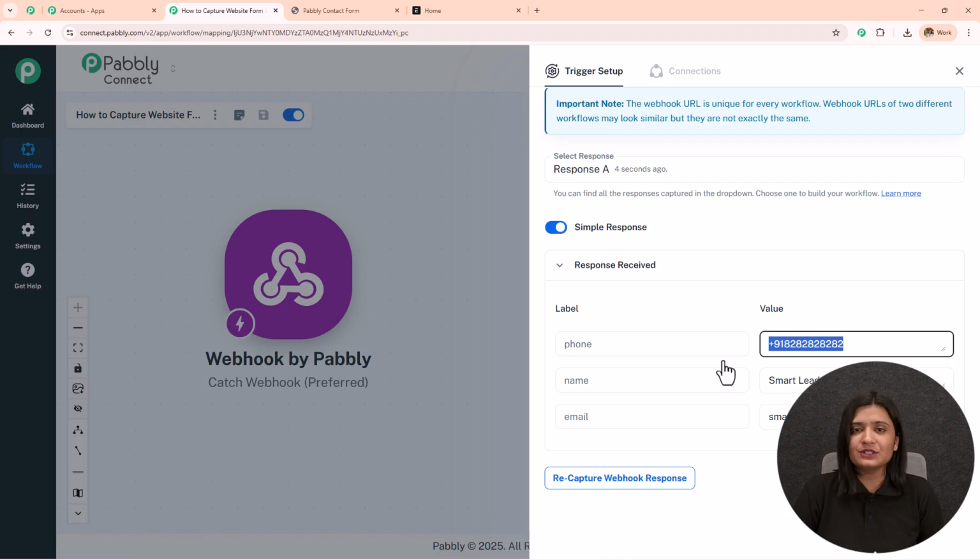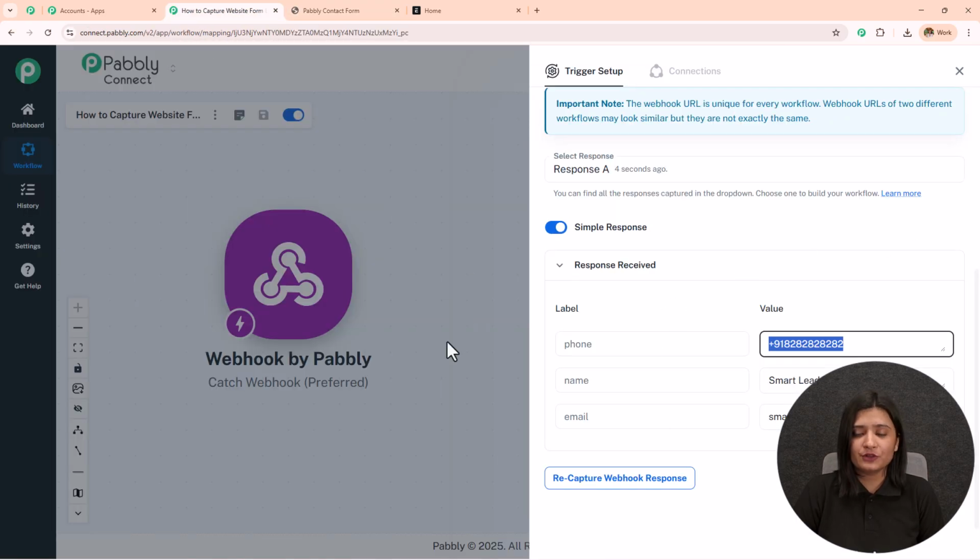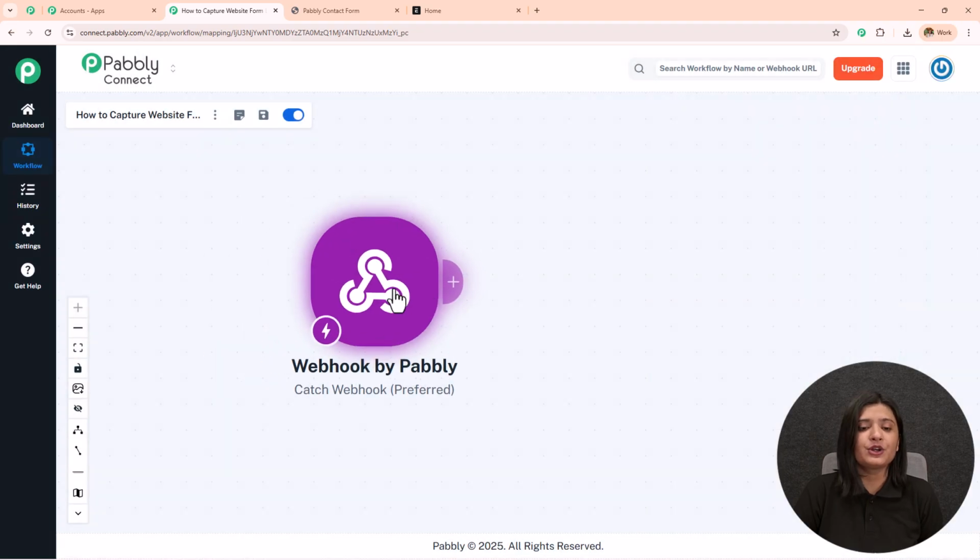Now here, as soon as I've done the form submission, I received that response here in this workflow, and this shows the connection setup which we have created is working fine. And now whenever I'm going to receive a new form submission, I will start capturing that response here in this workflow. Moving on towards the next step, whenever I receive a new form submission, I want to add that to